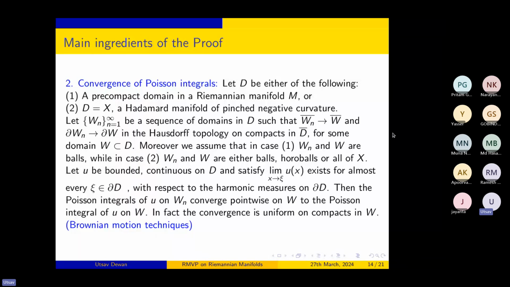What I mean to say is that in the two cases we are considering, either a precompact domain in a Riemannian manifold M or a pinched negative curvature situation, the Laplace-Beltrami operator is essentially self-adjoint on such spaces, with C_c infinity of X being the underlying dense subspace, and then one can look at an unbounded self-adjoint extension to all of